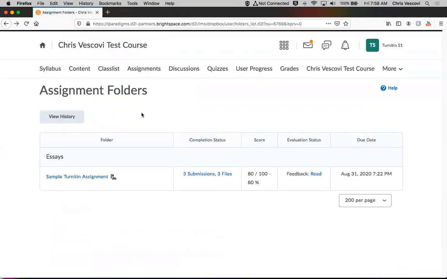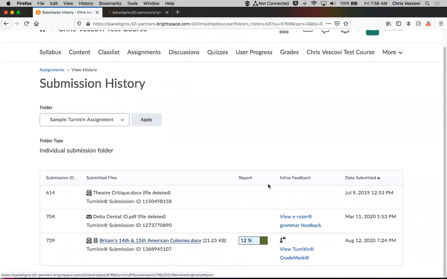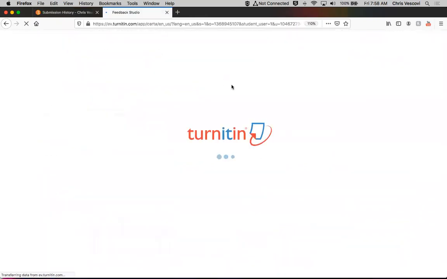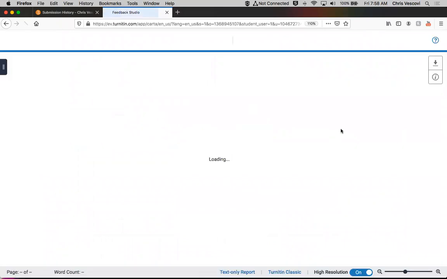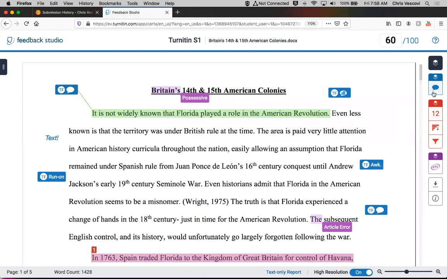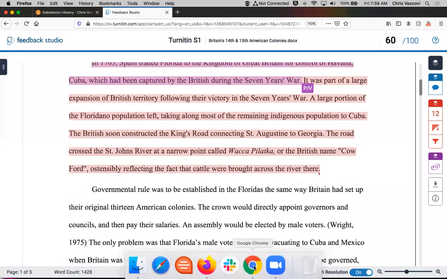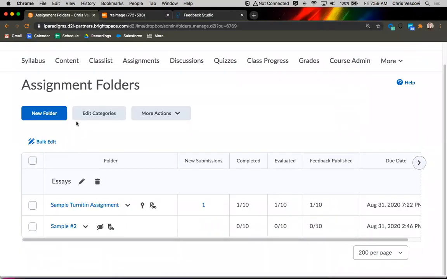Assuming the instructor has given the student permission to see the reports, the student can view their submissions or their history to launch their version of the similarity report. So the student version of the report, again, does not have that text manipulation flags button here, but you can see here as the student, I can see my teacher's markup, the spelling and grammar, and the similarity. Now on the instructor side, you can do the same thing. You can launch reports by looking at the submissions,